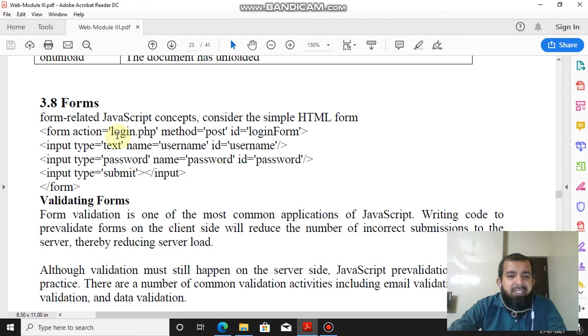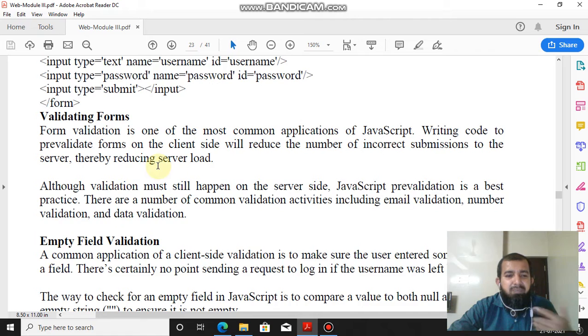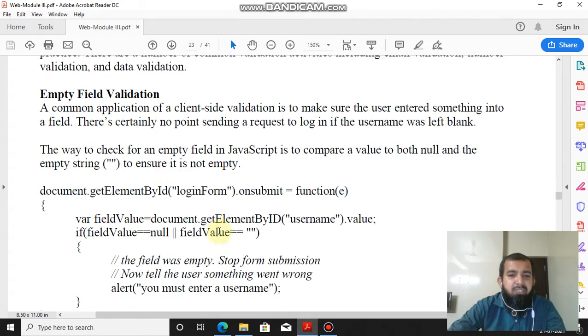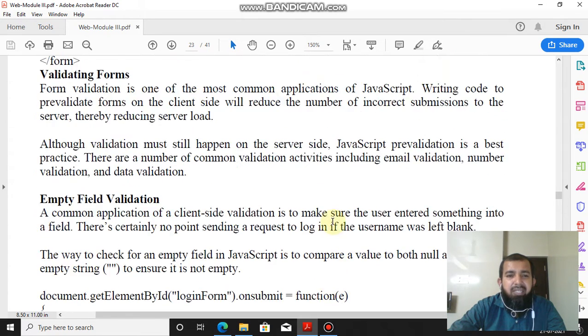If you have not entered any data in the text box, if you did not enter the username in the username text box, it should display a message. If that text box is empty, it should display a message. How to check that one? How to display the message? If field value is equal to null. What is field value? document.getElementById username.